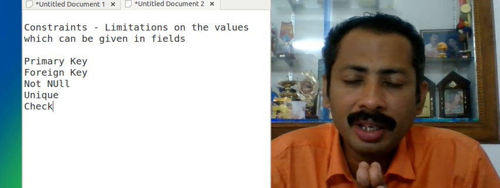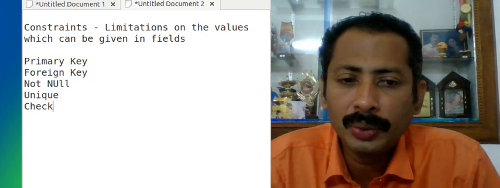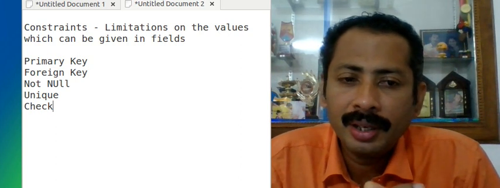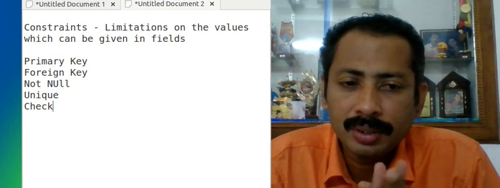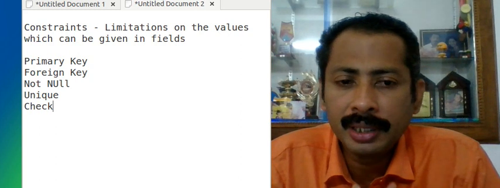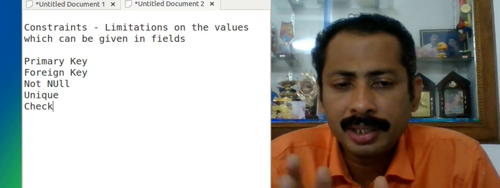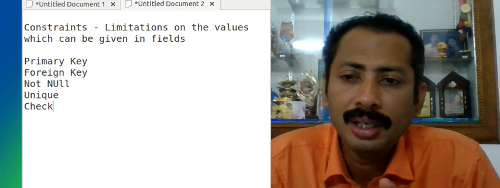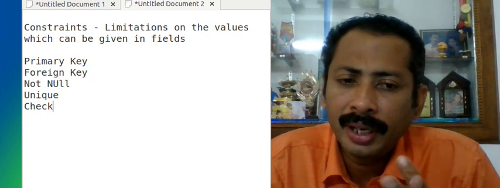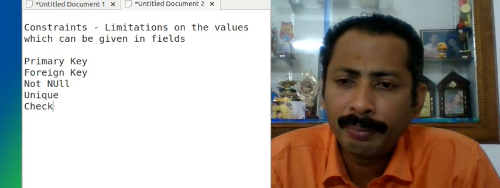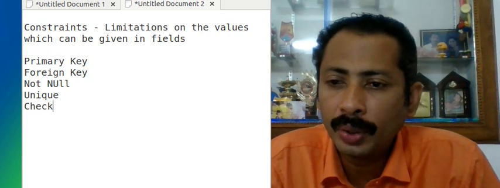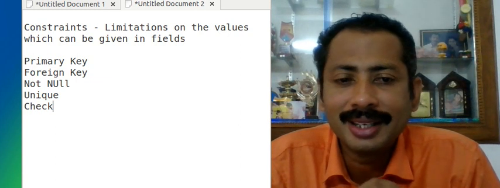While inserting data to the records, if there are some rules that govern the data which can be inserted in these fields, then we call them constraints. So the different types of constraints are primary key, foreign key, not null, unique and check constraints.